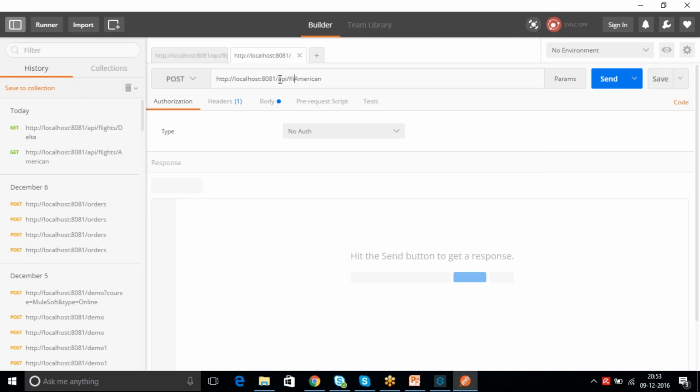API slash flights, and the method is get. Make sure of your operation, what you are going to perform, either get or post. Without changing this, if you try, you will not get the proper response back.